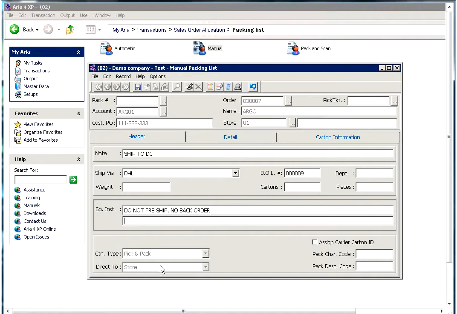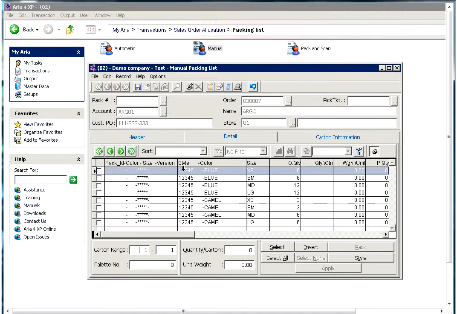The lower part will come basically based on the customer or the EDI partner setup. So carton type, ship to direct to store or DC, and all of these parameters will be based on our customer. Now we are ready to pack our merchandise into cartons. I'll click on the Details tab,